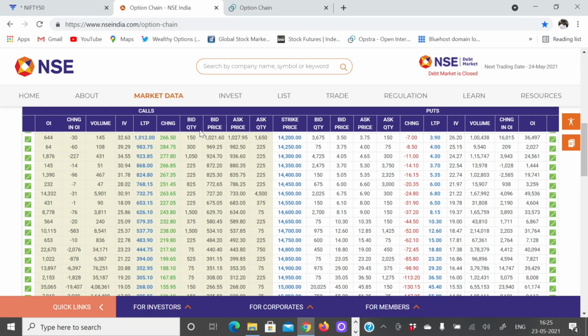And then you can also find out the bid quantity and also the ask quantity. In other words, how many options contracts are offered for sale and how many options contracts are available for buying at this given point of time. All these prices and this data will keep changing during the live markets, and you will get a view of the entire live data.